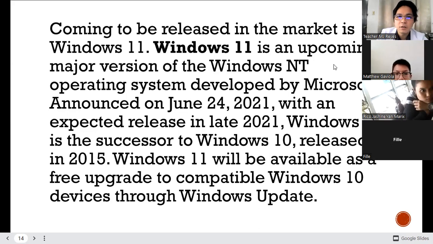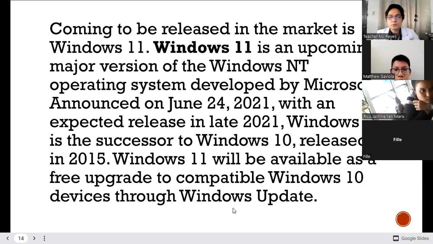Windows 11 is an operating system, a major version of Windows NT developed by Microsoft, announced and released last June 24, 2021, with an expected release of late 2021. Windows 11 is the successor of Windows 10, released in 2015. It will be available as a free upgrade for compatible Windows 10 devices through Windows Update.